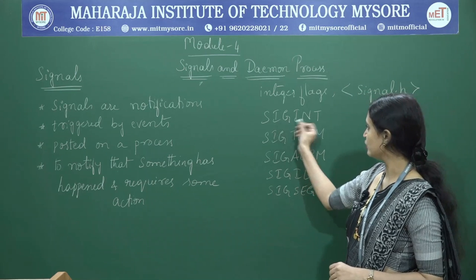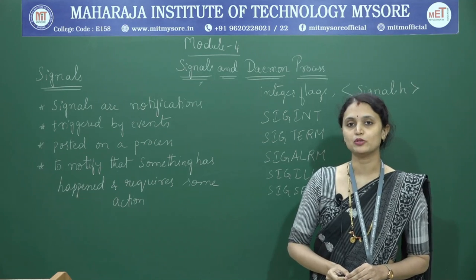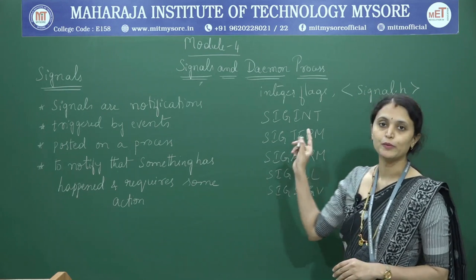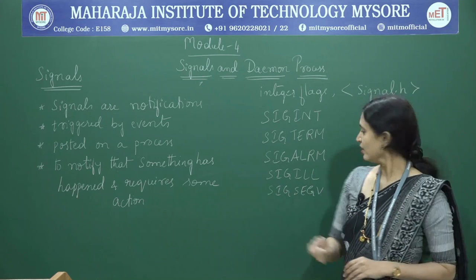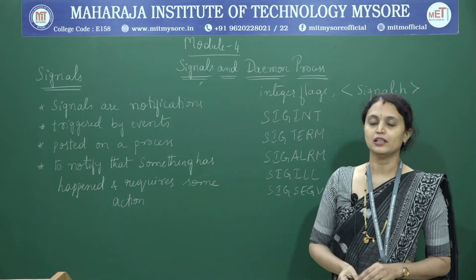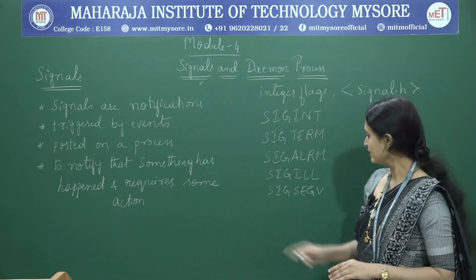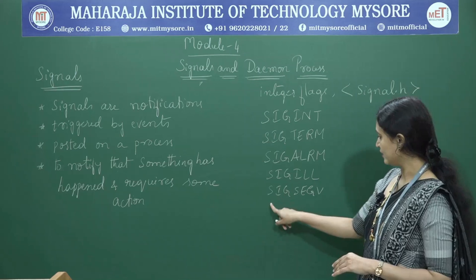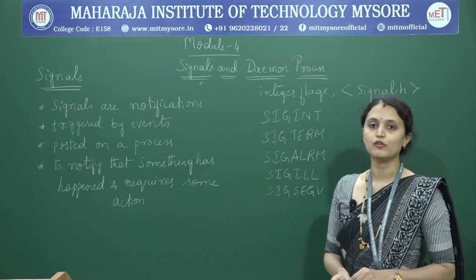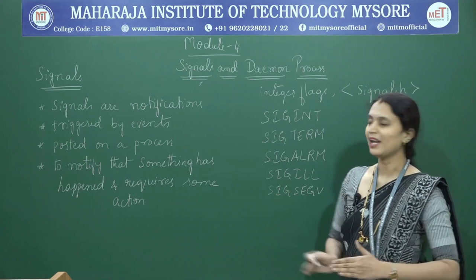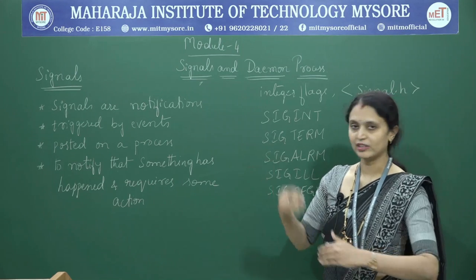The first one, SIGINT, represents the signal used for interruption, particularly process interruption. Then there is the signal for process termination, and then one for alarm timeouts. And one for illegal operation. That means if any illegal operation has taken place by a process, in that case this signal will be generated. The last one is for representing the segmentation fault. Just as an example I have listed a few. Actually there are many signals, so I will just display them here.